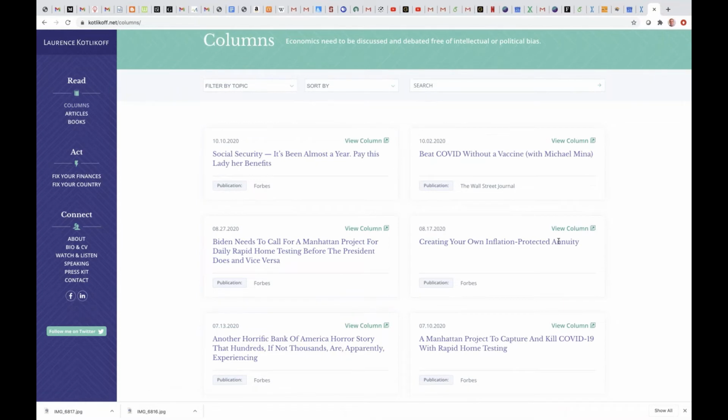It's called Creating Your Own Inflation Protected Annuity, which talks about this very issue and uses the software to think about it. Actually, the column is based on one of our customers who said he wanted to try and buy an annuity. He's exactly in this kind of position, and he wanted to figure out how to do it in a way that was immune to inflation. So you'll see in reading this article how this can be done,